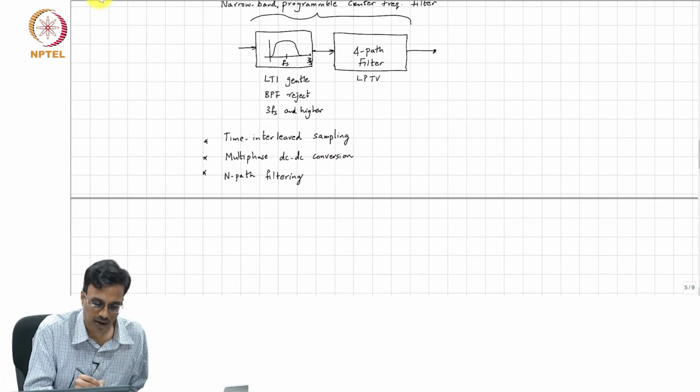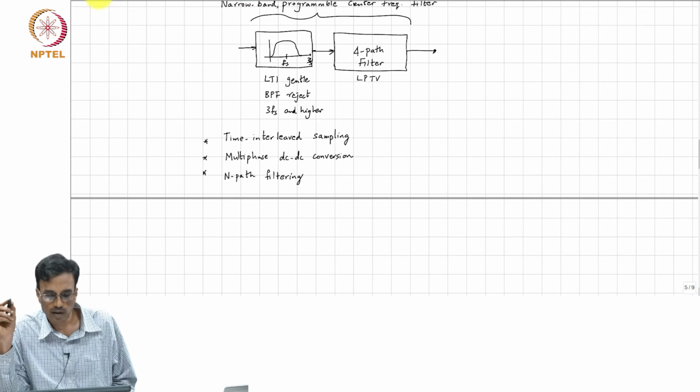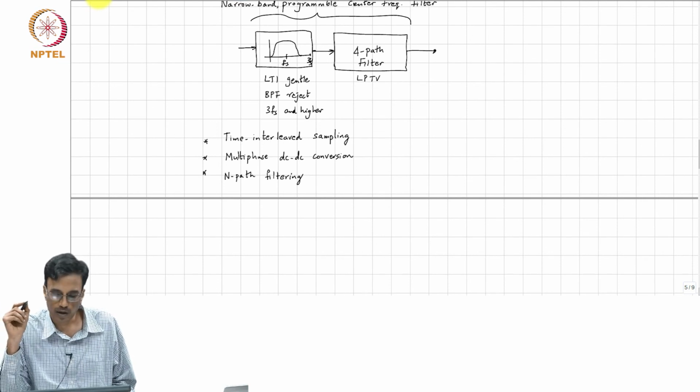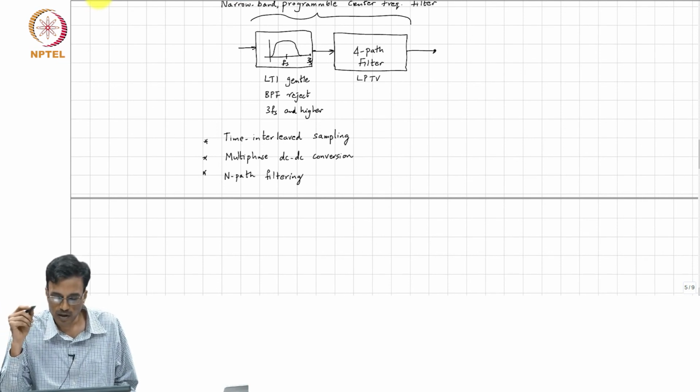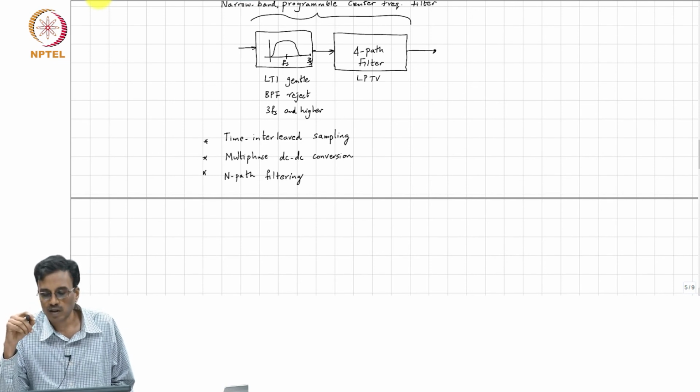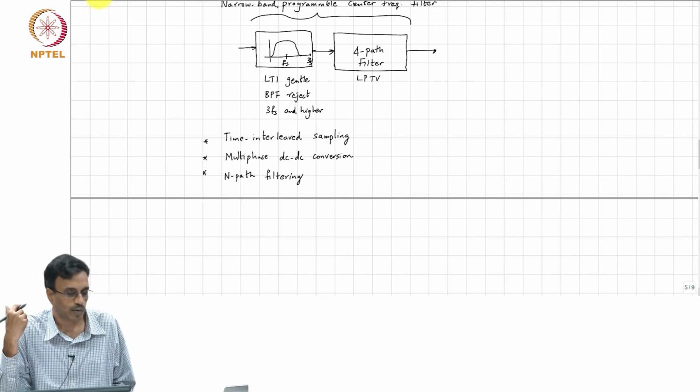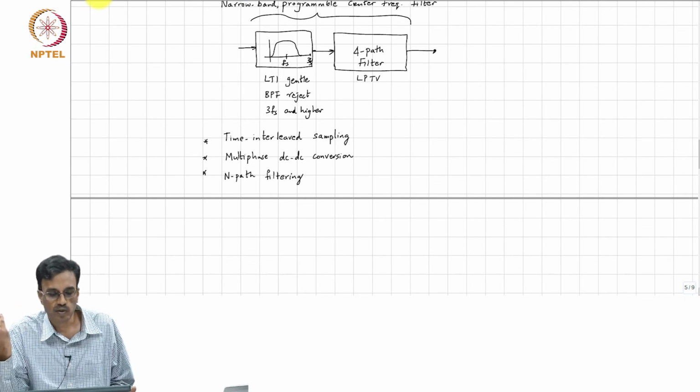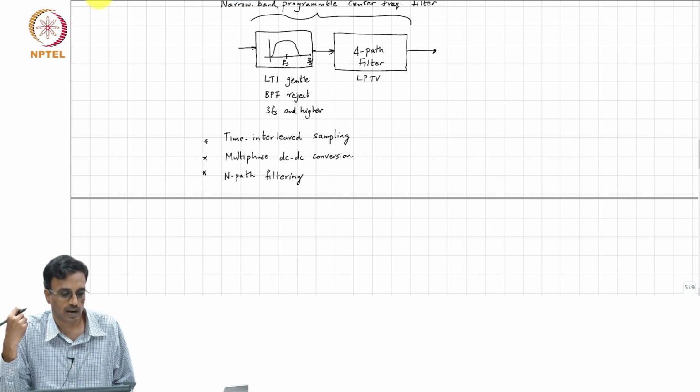So, in the next class, we will see how one can make... when we talked about time invariant networks, after figuring out how to write the matrices and so on and analyze the network, we talked about reciprocity and interreciprocity. We will do the same thing for periodically time varying networks in the next class.